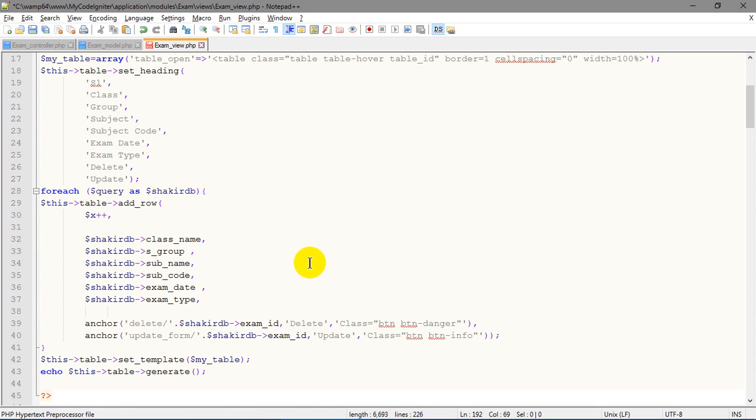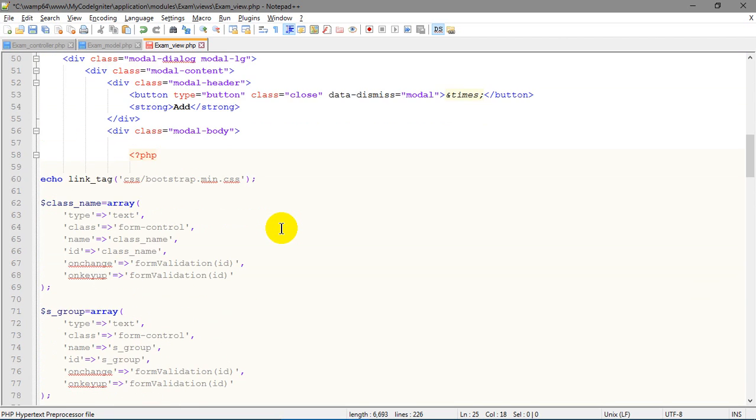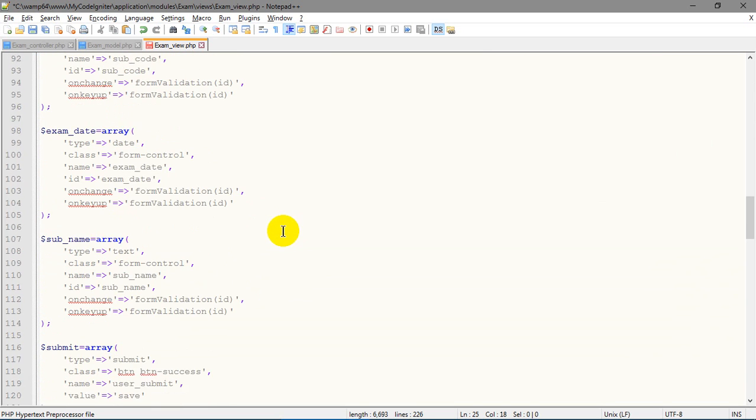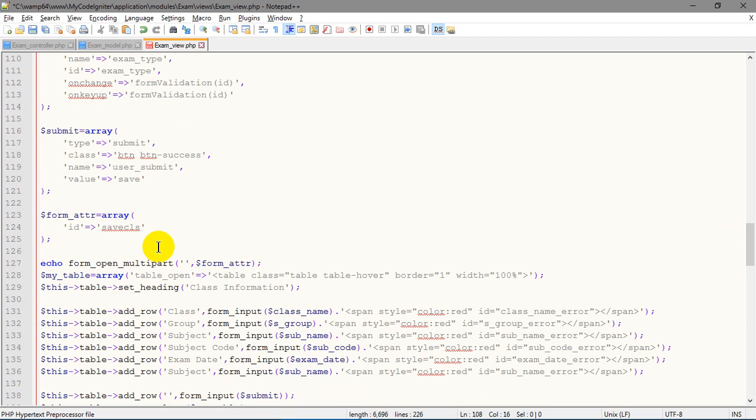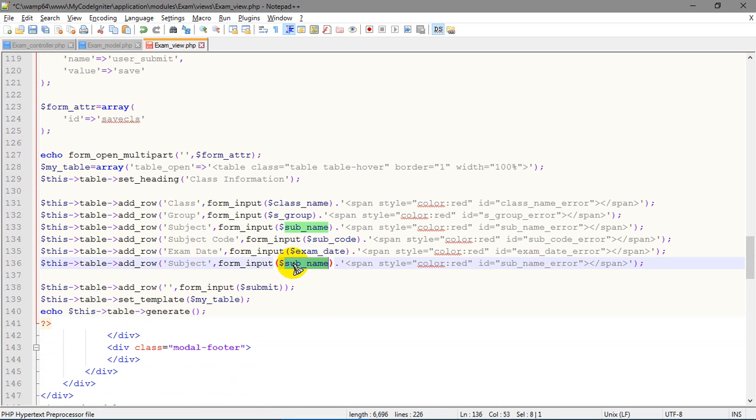So we go for the next column, exam type, exam type, and the heading is exam, also exam type. We replaced it, exam type, name is also exam type, id is also exam type, type is text. We replace it, exam type, id, exam type error,